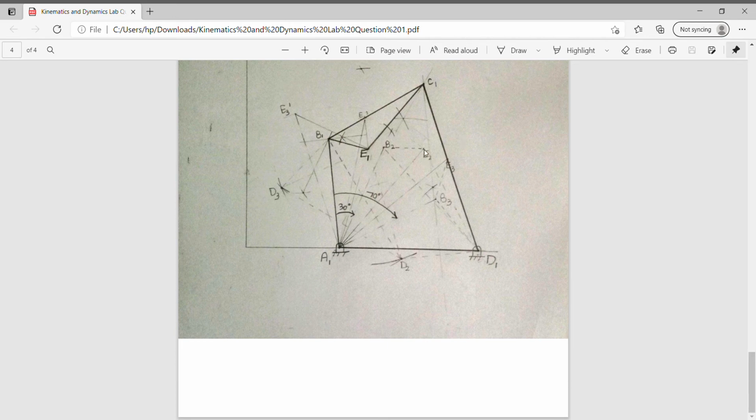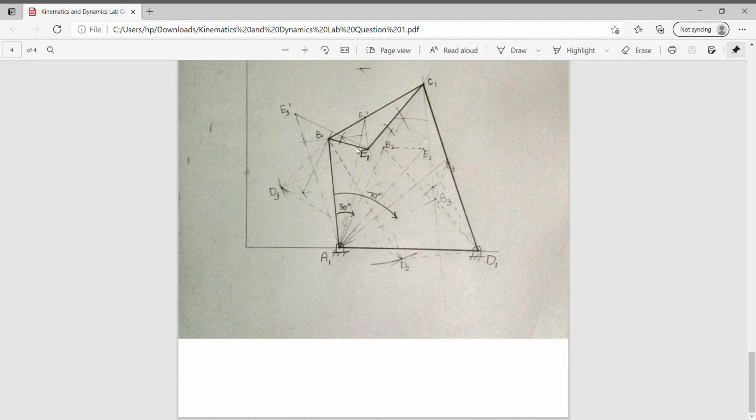Now we should note this fact that the lengths E1 B1, E2 B2, E3 B3 represent the same link at just different locations. So this will definitely be the same. So therefore, in triangles E3, B3, D1 and E1, B1, D3, E3 B3 and E1 B1 will definitely be equal. E3 D1 will be equal to E1 D3 and B3 D1 will be equal to B1 D3. With this information we can get D3.